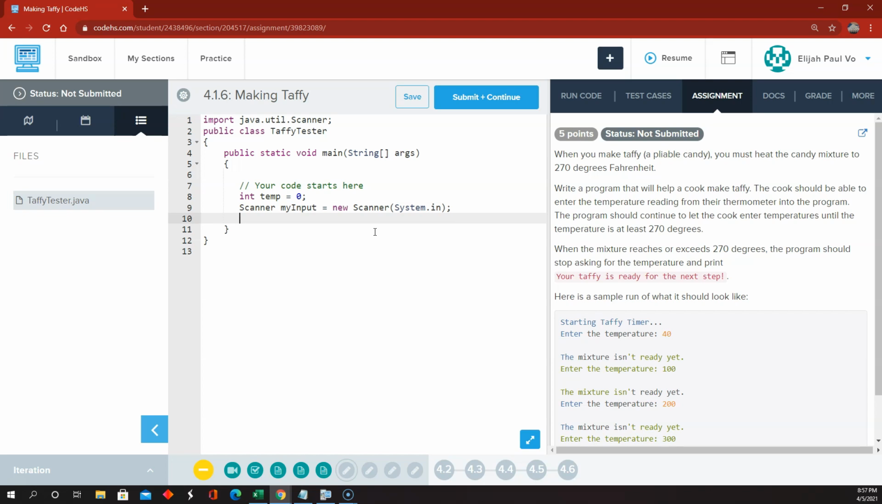And then we're going to do this line here that says starting the Taffy timer, system.out.println, starting the Taffy timer. And then we're going to do a while loop. While the temperature is less than 270,